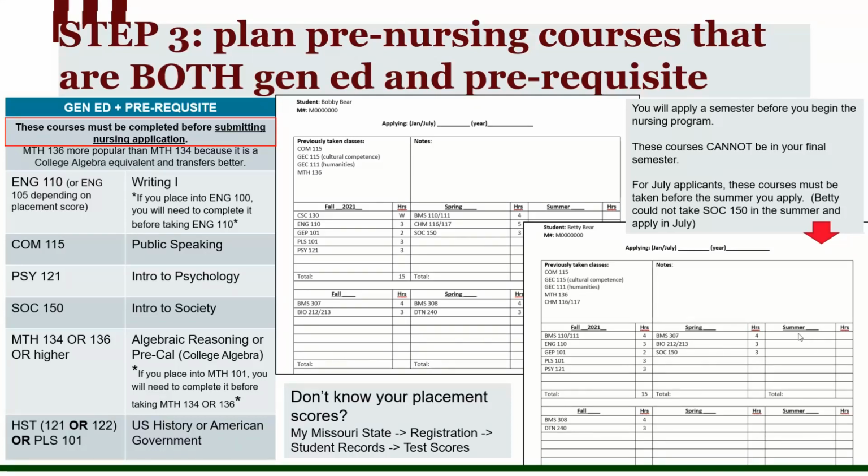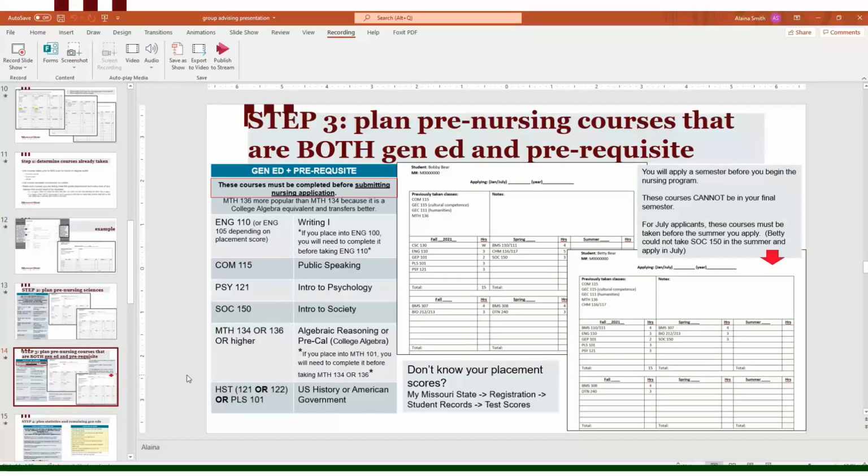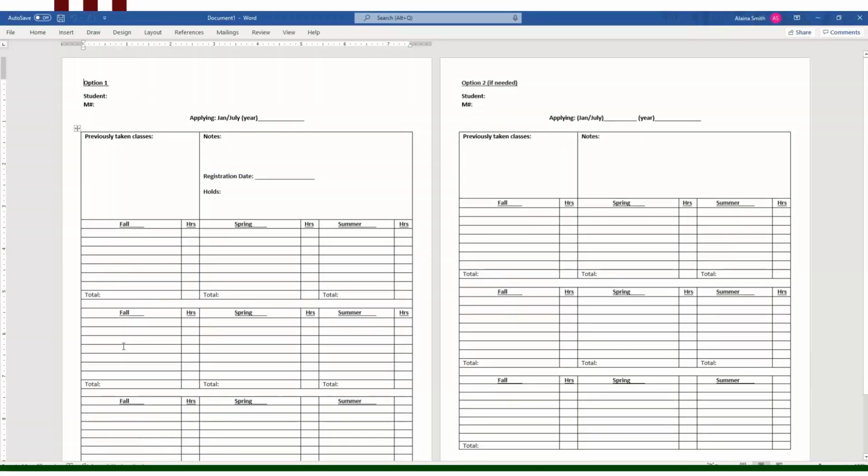And for July applicants, the courses have to be taken before the summer starts. They won't let you take them in the summer. So I'm going to let you go back to your schedule and you can go ahead and plan these classes. So remember, if you have sciences planned for the spring, you're likely starting the nursing program in the fall. So these classes need to be done for you by the end of this fall term so you can apply